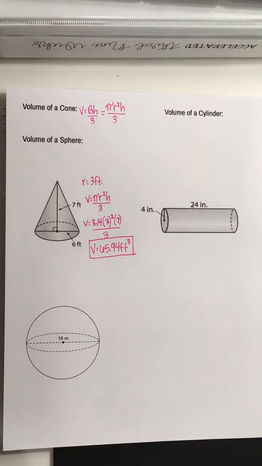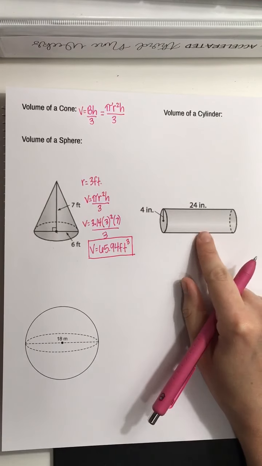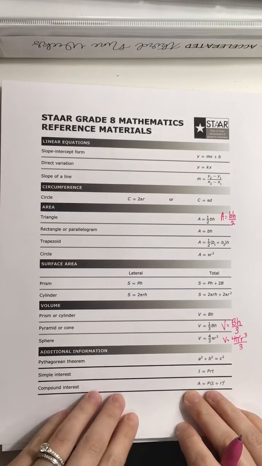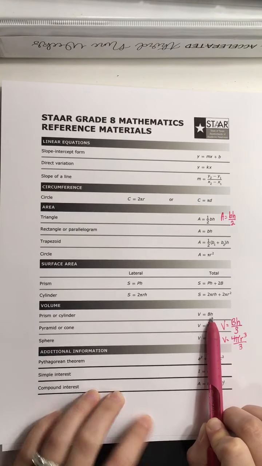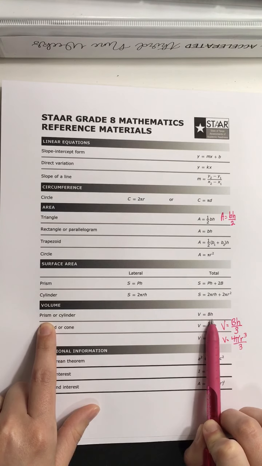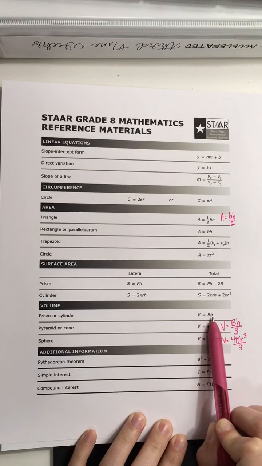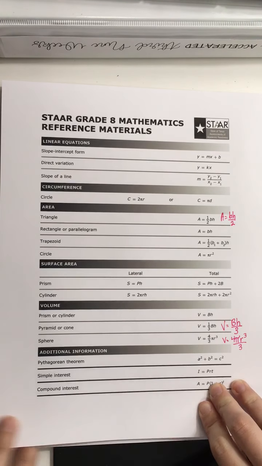Okay, all right, now let's move on to volume of a cylinder. So remember we talked about, here is our cylinder, so let's look at our formula chart. Okay, so volume of a cylinder is the same formula that we use for volume of a prism. So it's still capital B times H, area of the base times the height, but we modified it again